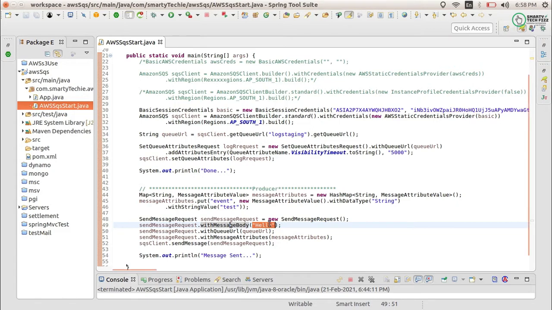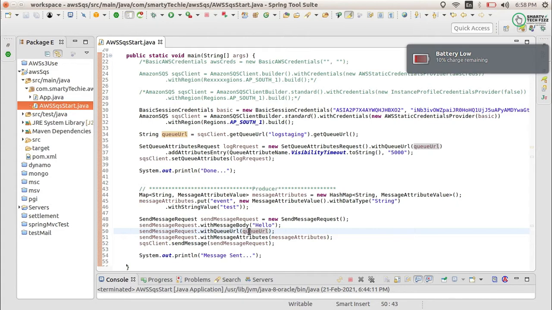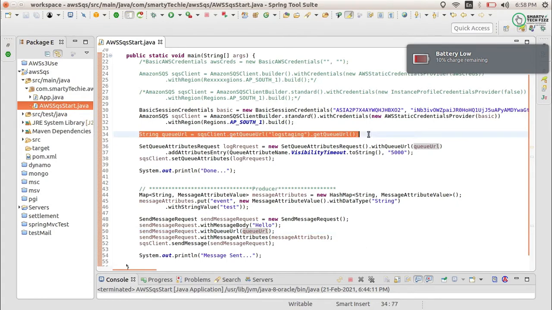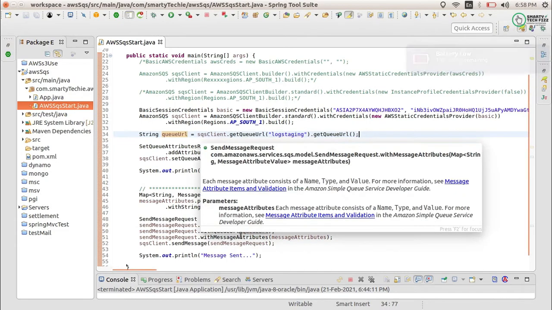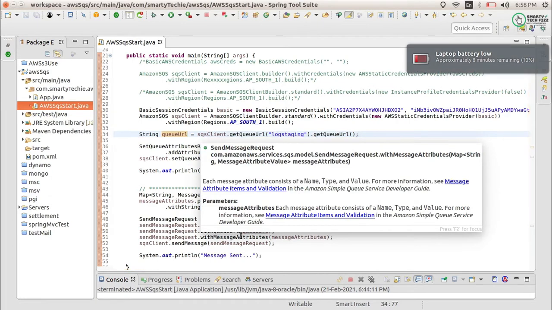So I am just sending hello. And this will be the queue URL, that is, you have to specify the name of the queue that should be used for this message. So this is the queue URL that we have already set. Now I have also set up the message attributes.